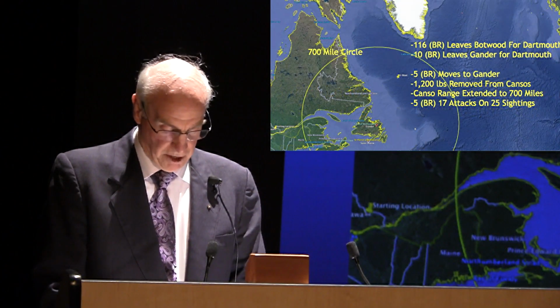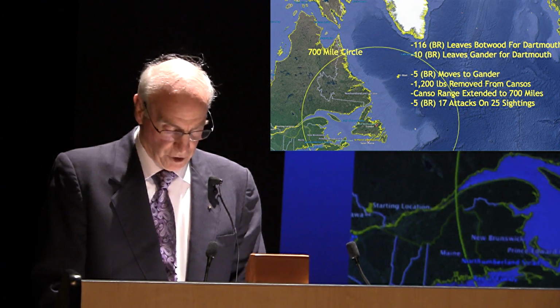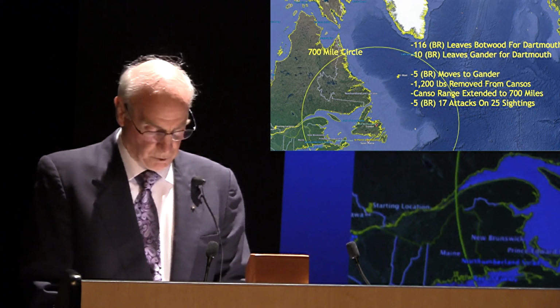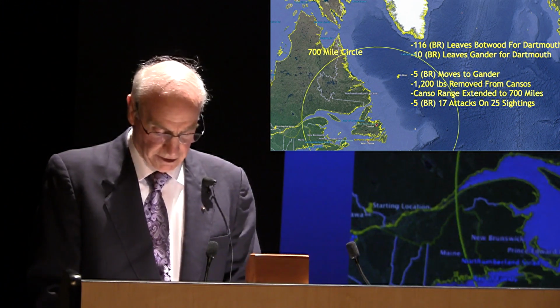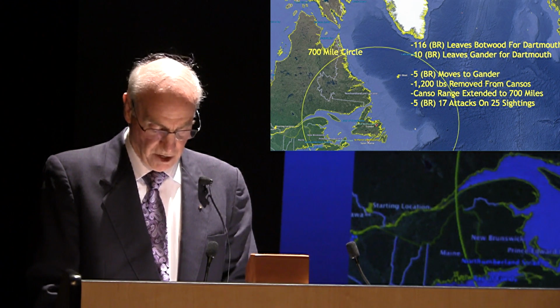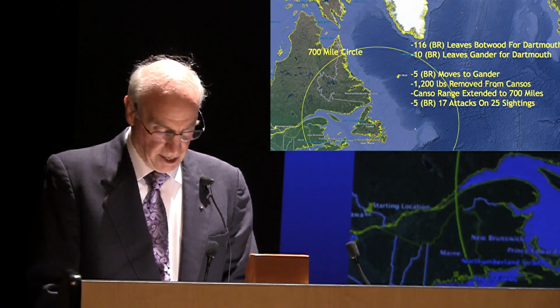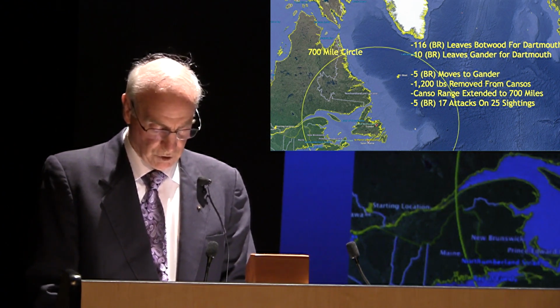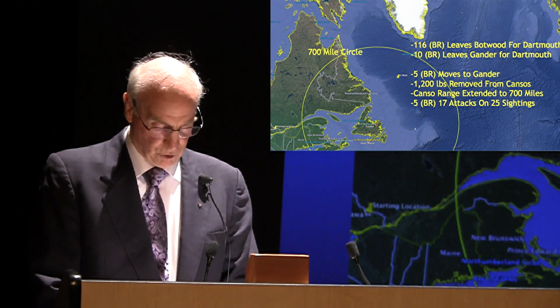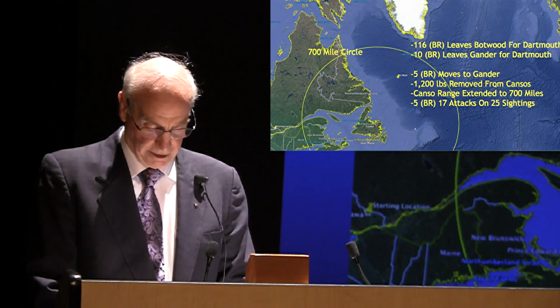At the same time, 10BR's aging Digbys in Gander were no longer reliable for sustained long-range operations, and the squadron was withdrawn to Dartmouth. The anti-submarine forces in Newfoundland were brought up to strength by transferring Dartmouth's 5BR Canso As to Gander, along with a small detachment of Canso As from the still incomplete 162BR at Yarmouth, Nova Scotia. The Canso A's extended endurance allowed Eastern Air Command aircraft to range closer to the German U-boats in mid-Atlantic operating